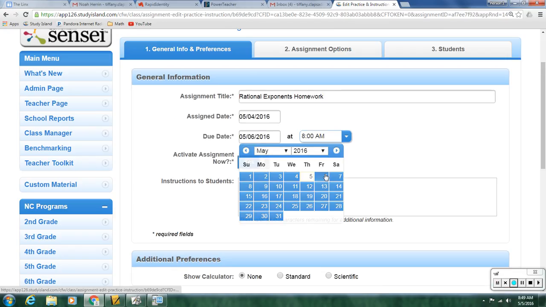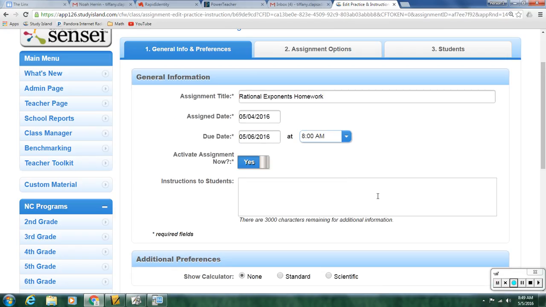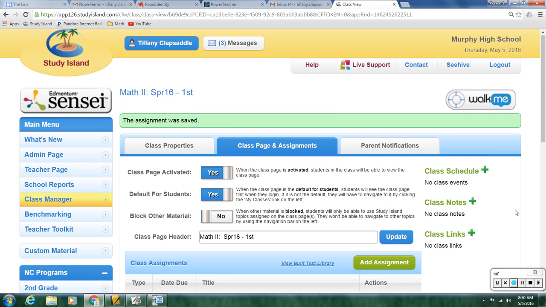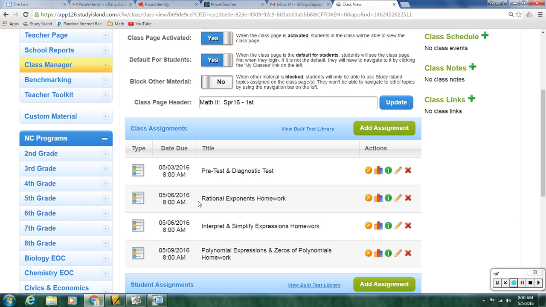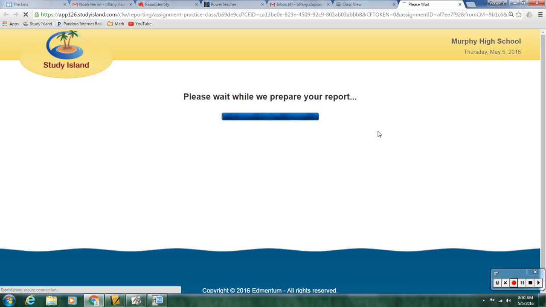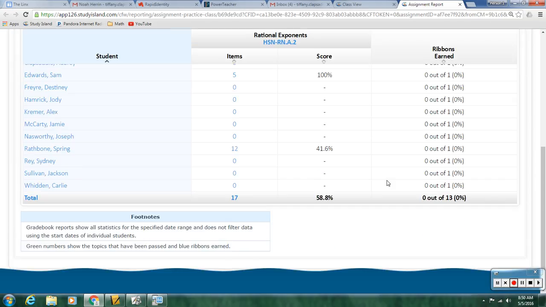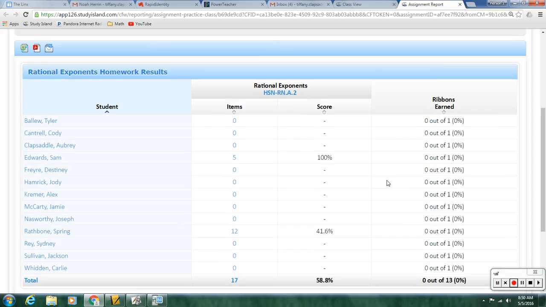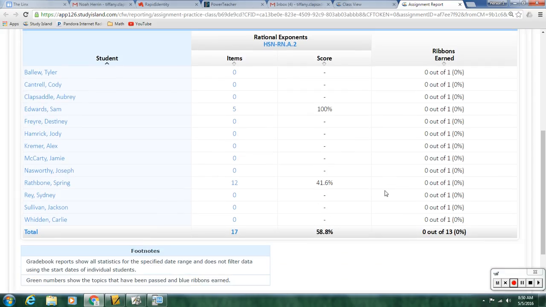Let me change this one. 1, 2, 3, 4, 5, 6. You should have a rational exponents homework. Remember, you have to do 10 of them. And just so everybody understands, I can go to this screen right here and it will tell me exactly what number you're on and what you're doing and what your grade is. So if you think that you're sitting there just because I can't see your screen, I don't know what you're doing,